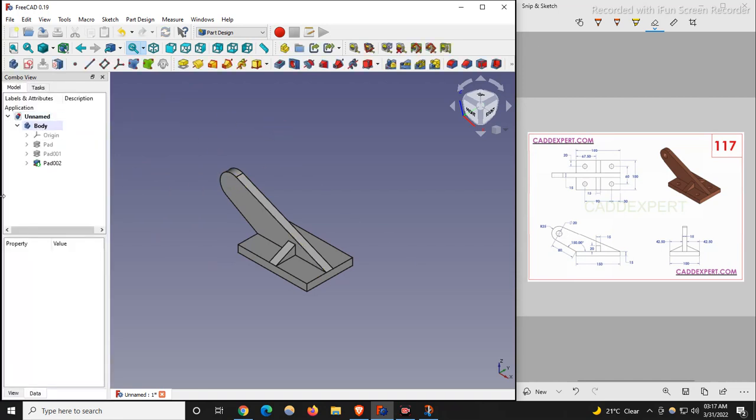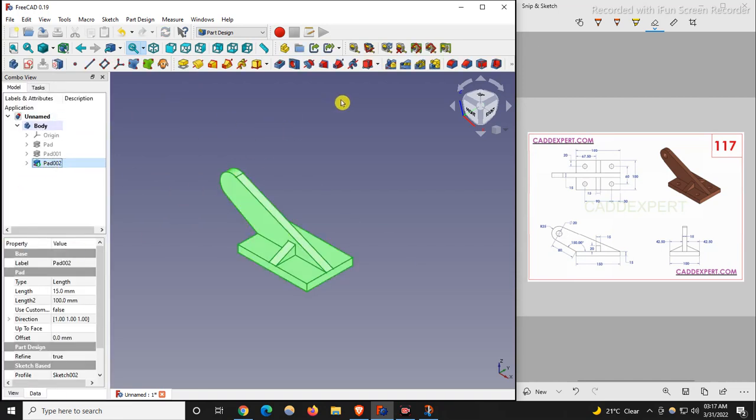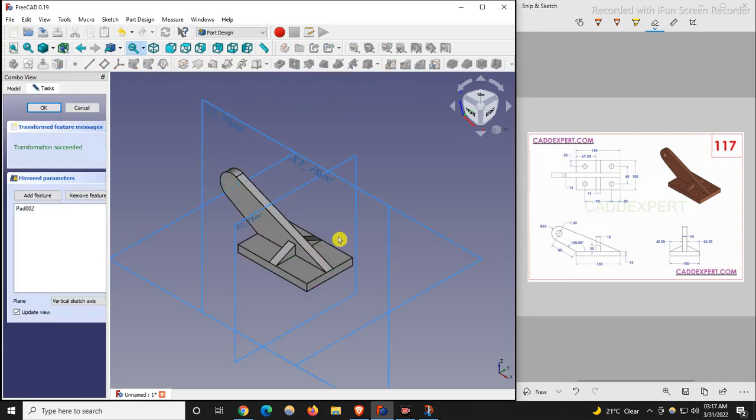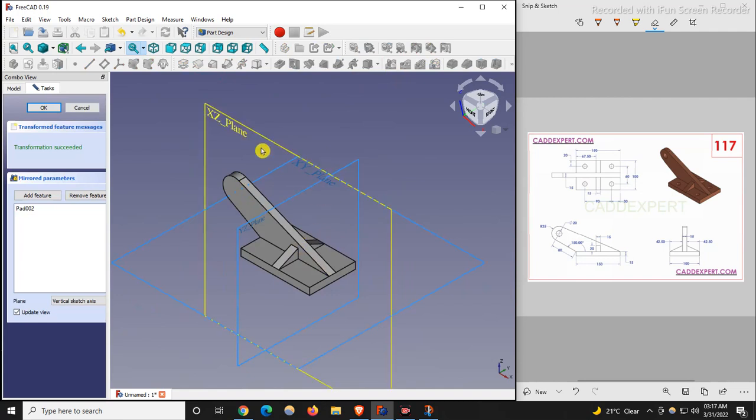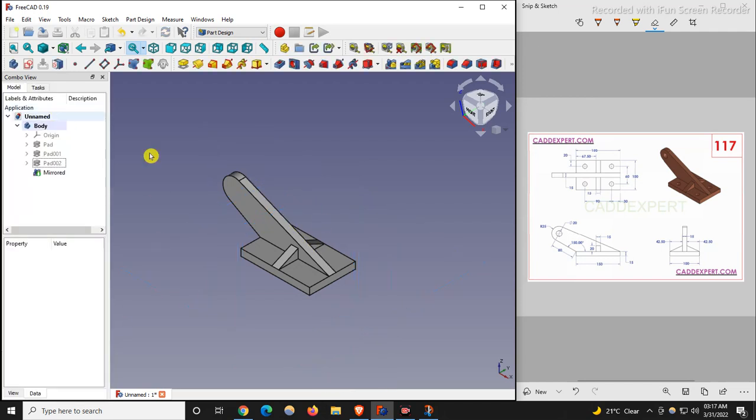Okay, and now I will select my Pad002. I go here to my mirror feature. FreeCAD is so smart that it automatically mirrors my features, but I will give the XY plane as a reference. I will select the plane as a reference, say okay,